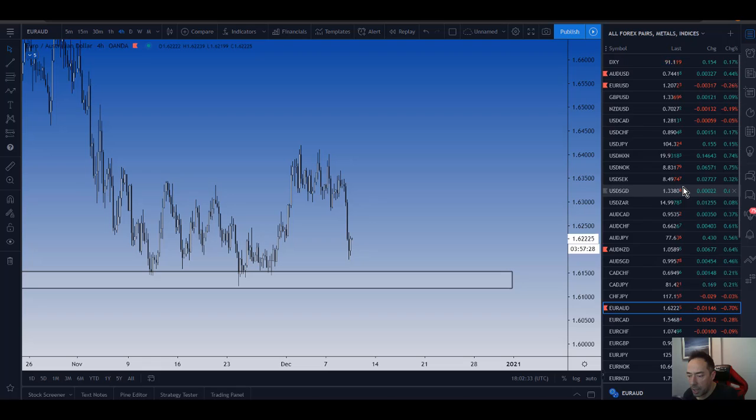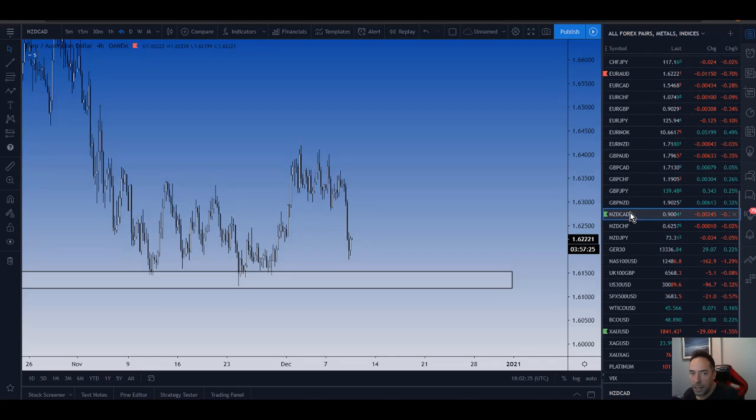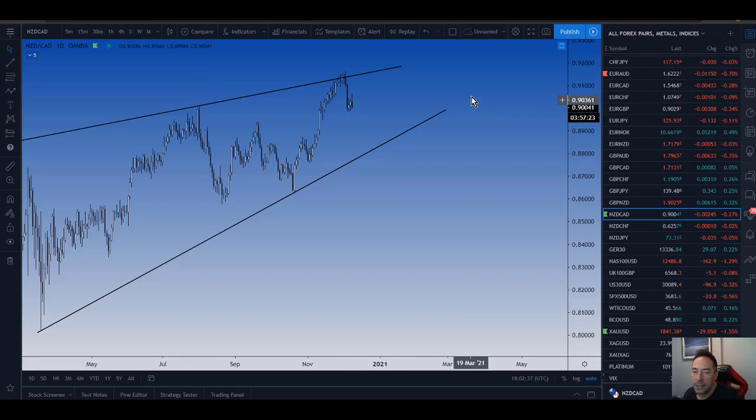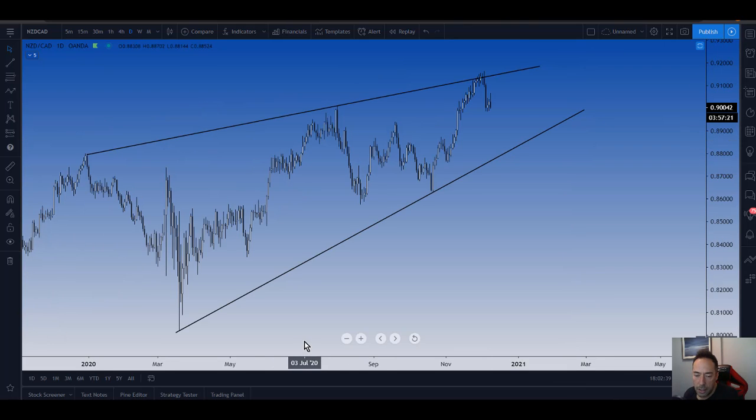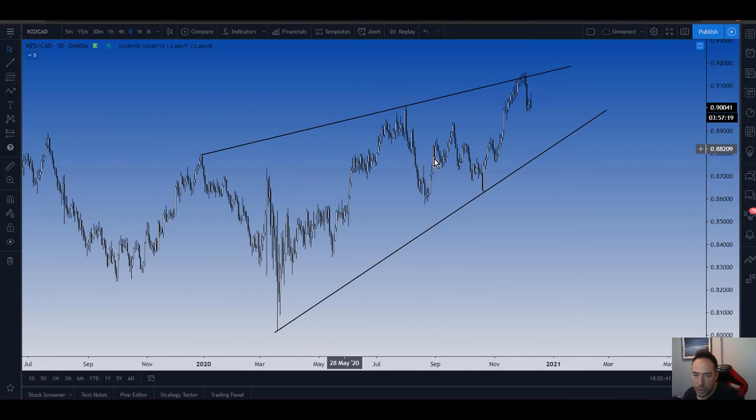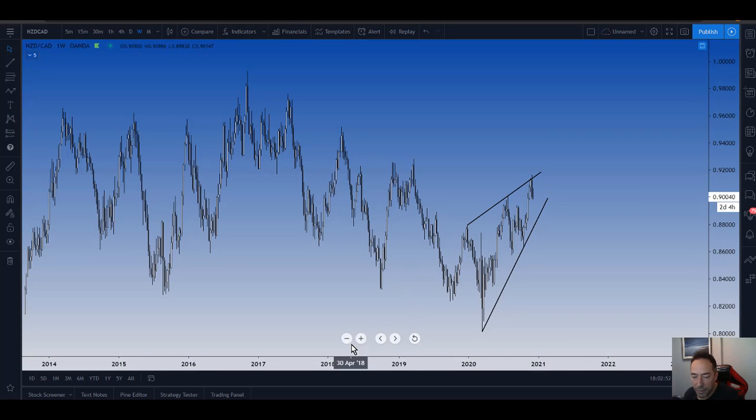What else have I got for you guys? Kiwi CAD on the daily, looking nice actually. Look at this, what I would call an ascending wedge here. Price has come to the top of the wedge and we started to sell off. Okay, if we look at the weekly actually, we had a very, very nice weekly